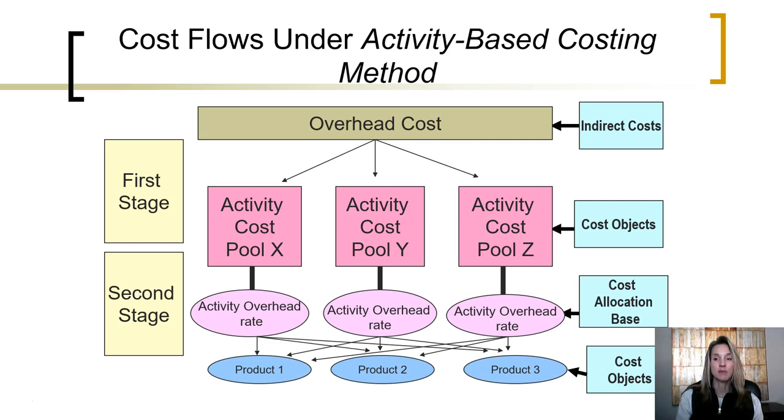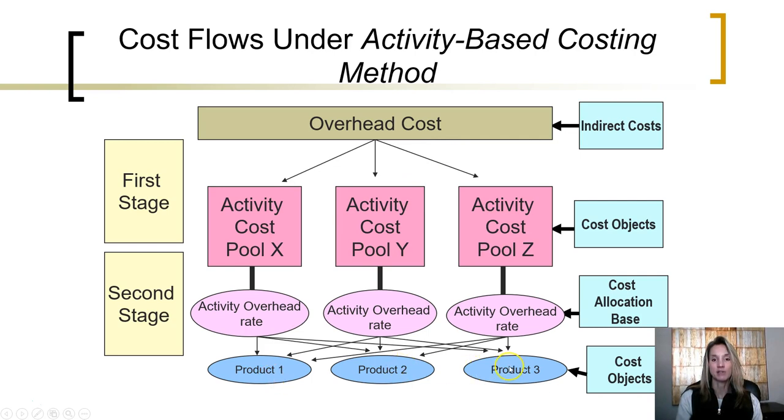When using activity-based costing, the first step is always to accumulate all of the indirect overhead costs, which we group into this cost pool. The traditional method would have taken those overhead costs and allocated them using one predetermined overhead rate to our cost objects. The departmental overhead rate would have first allocated these to a department, and then each department would have allocated to